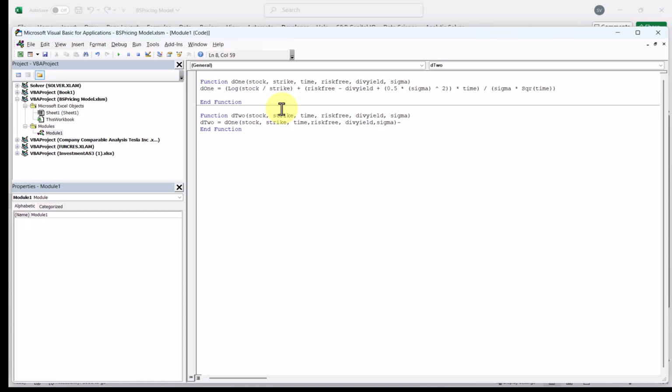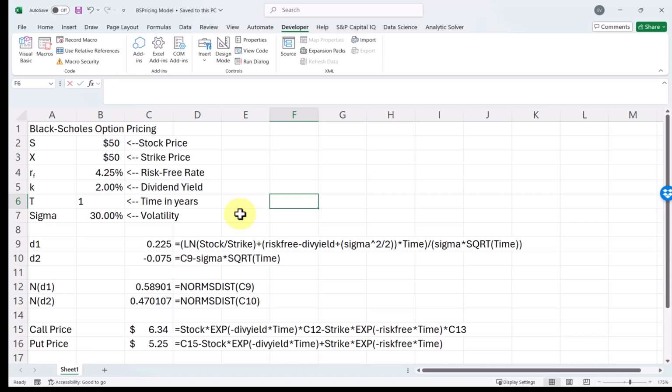D1 minus sigma multiplied by SQR, so again that's the square root of time. Press enter, and now again what I did last time I'm going to do again this time. I'm going to go out and test this out, so I'm going to save this. I'm going to minimize that. I'm going to put in equals D2